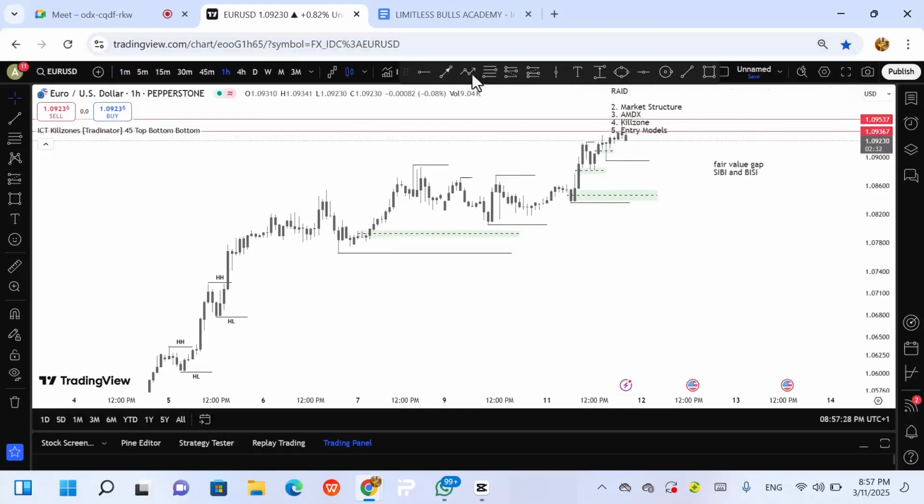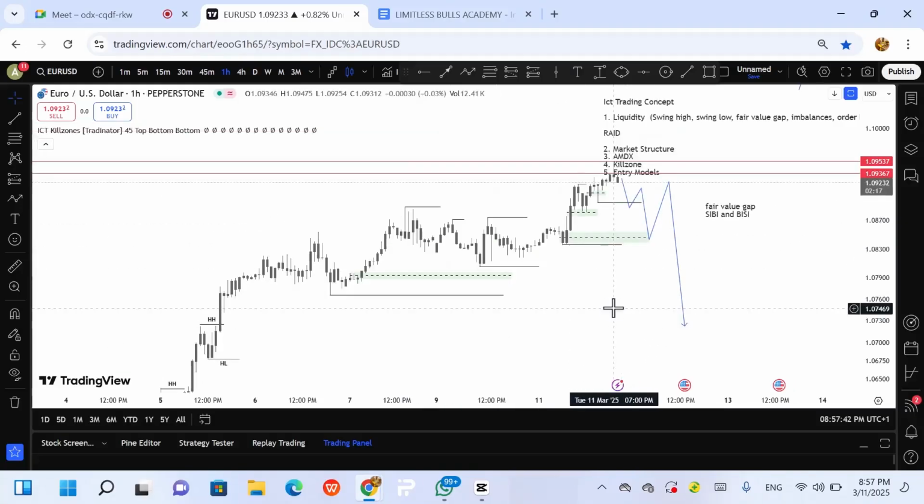So the market might come to this point now like this. This is one of maybe your confluence. It might come down to this other block, react, and go up, or maybe react and continue coming down, because there is liquidity piled up at this zone. You understand the point? This call is ending in the next 4 minutes.